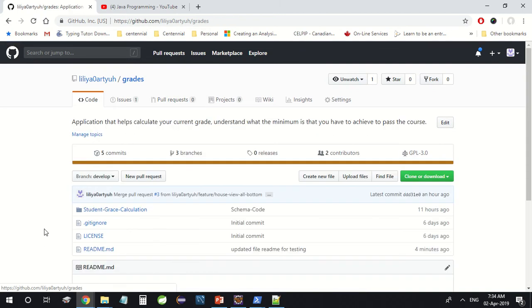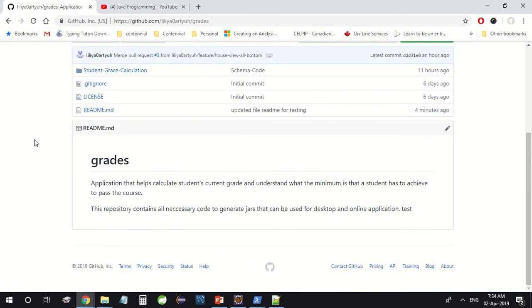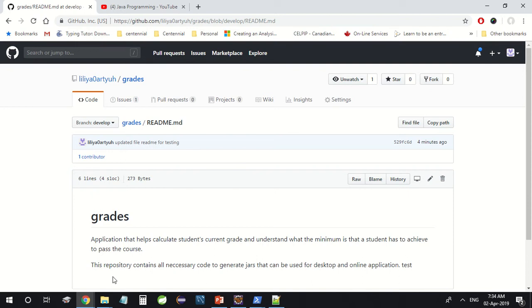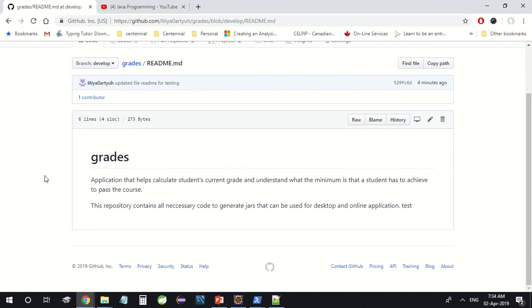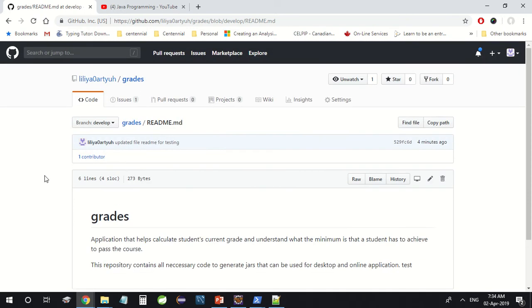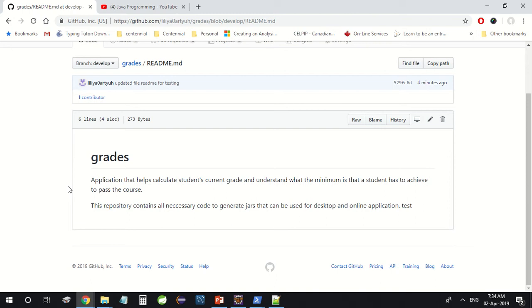So let's go back to code. If I open README file, I should see the little test node there. Let me refresh. Oh, there it is. All right, so now